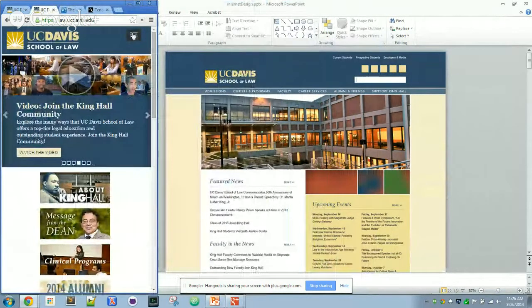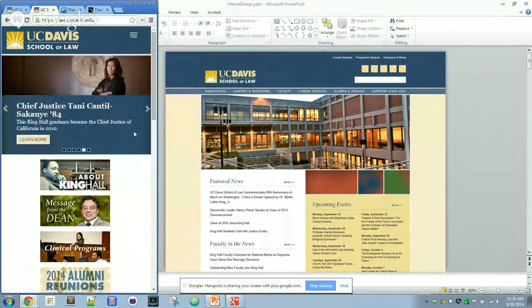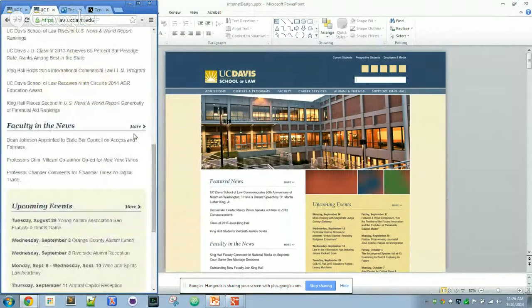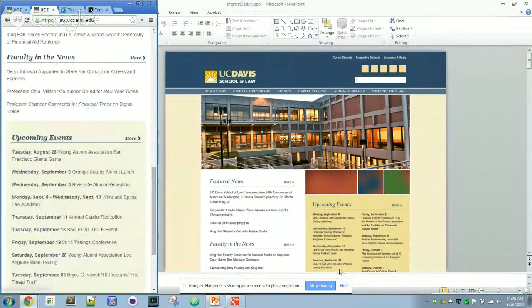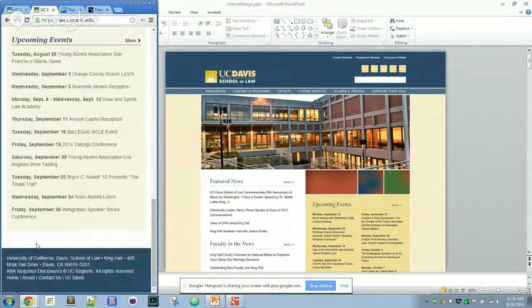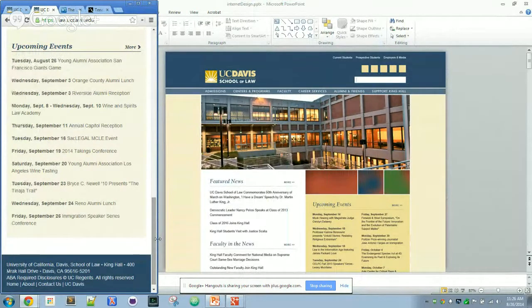We've switched, if you guys use Bootstrap, you'll recognize a lot of the techniques that we're using there. And the upcoming events, which are 2 columns at the other level, drop down to 1 column here. And the footer, which had the logo in it and other things, drops the logo